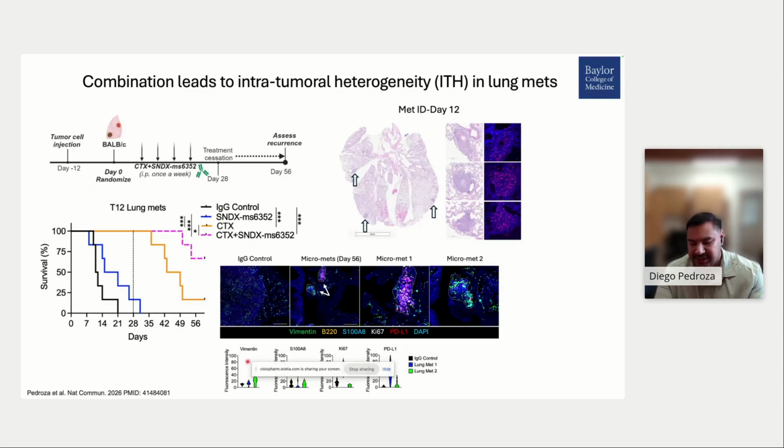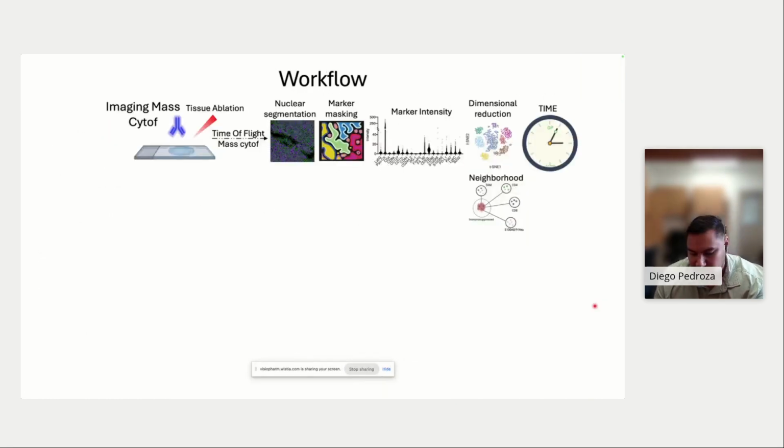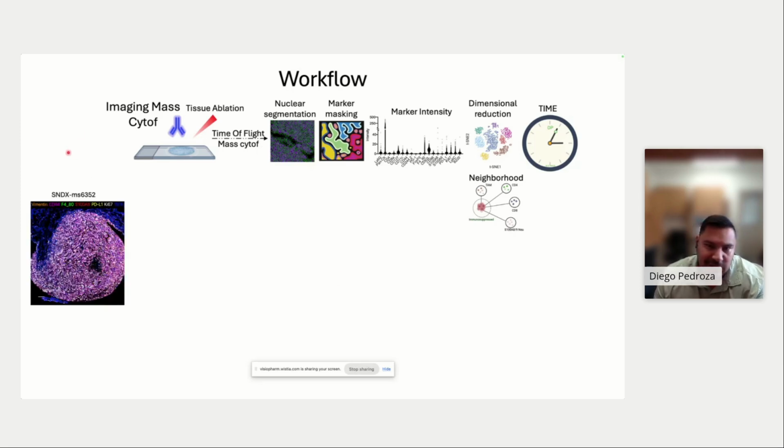And unfortunately, this eventually led to 100% recurrence because we stopped the treatment. As you can see here, the recurrence was due to the macrophages just coming back with a fury, and we had no T cells anymore. So before I get into how we went about treating this, again, I just want to go through the workflow